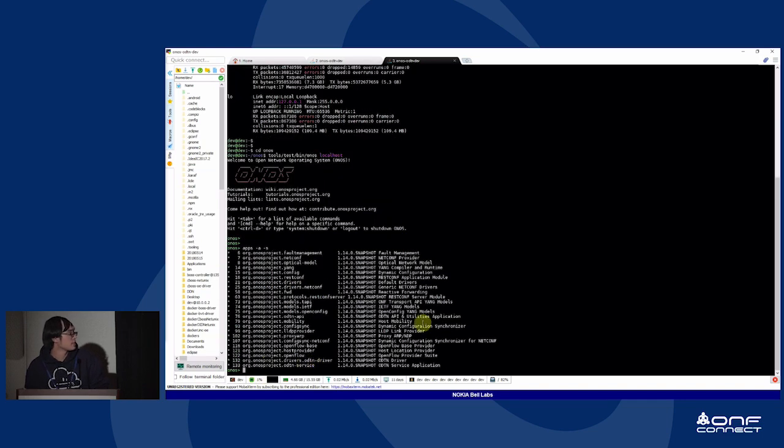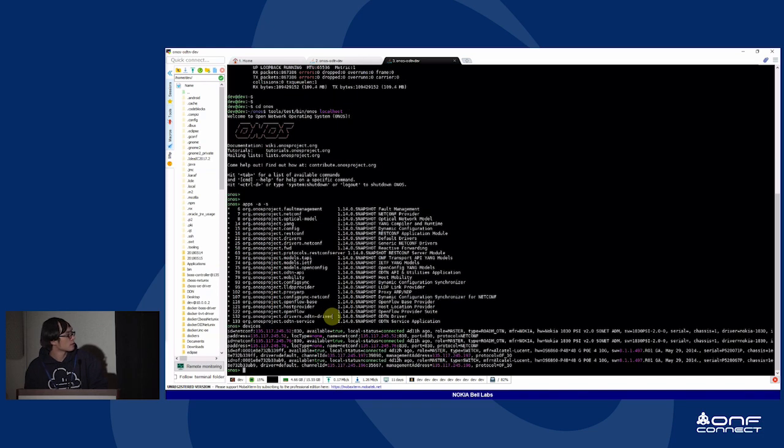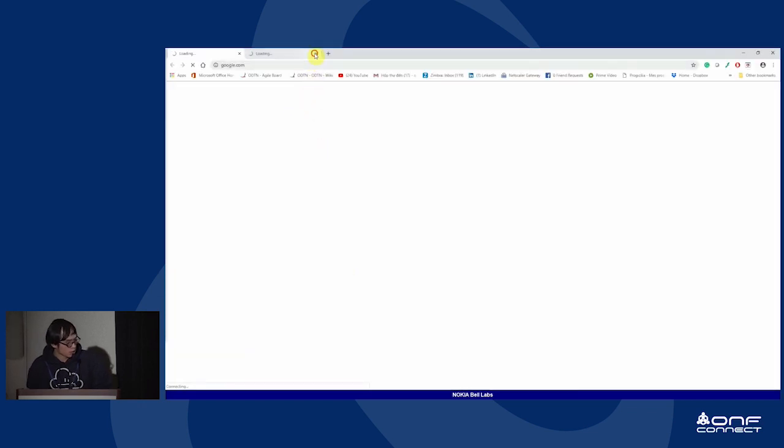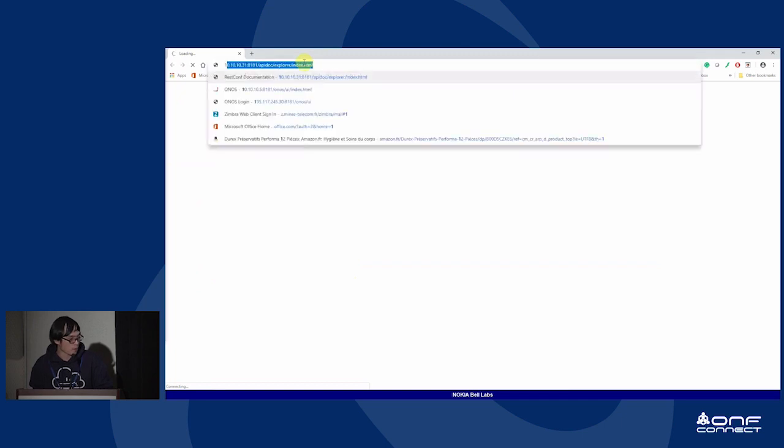So the ODTN application is activated, plus the other components like the OpenConfig model, RESTconf, and so on. We have 4 devices connected to the controller. 2 of them are transponders, and the others are OpenFlow switches. So from the ONOS GUI,